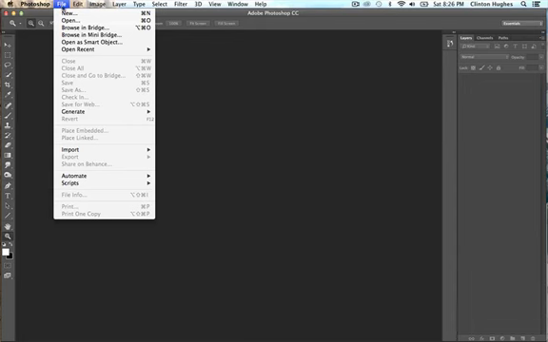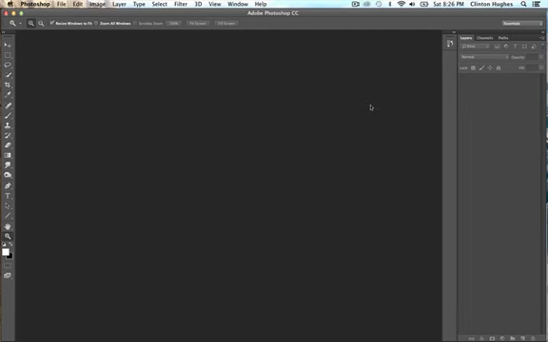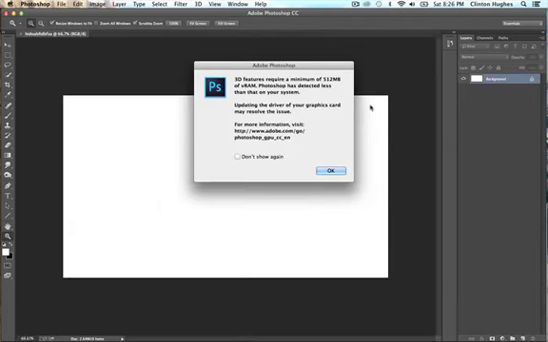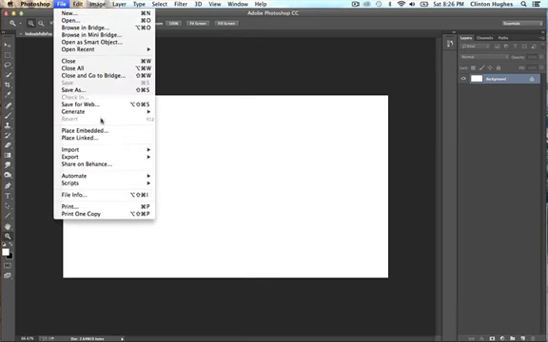What I'm going to do is I'm going to go to File, New, make a new project first, and it doesn't really matter, just give it a name. I wouldn't recommend putting in what I just put in, but just name it correctly so you know what the file is. But for this, I'm just doing it real quick, so it won't really matter what I call it. Anyways, alright, so we go to Place Embedded,